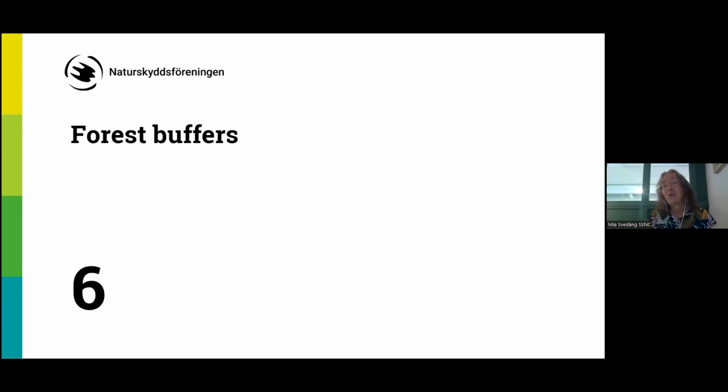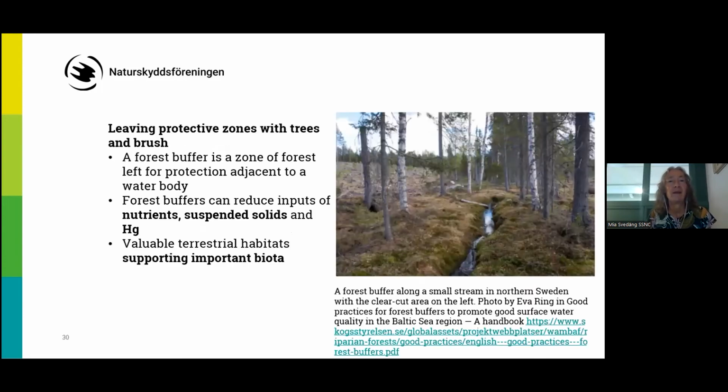I will say a few words about buffered zones in forest also, because it's a bit different from the ones in the agricultural land. It's quite usual that you leave protective zones with trees and brush in forest when logging and so on. A forest buffer is a zone of forest left for protection adjacent to a water body. So the forest buffers can reduce inputs of nutrients and suspended solids and